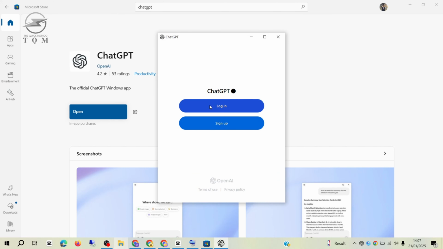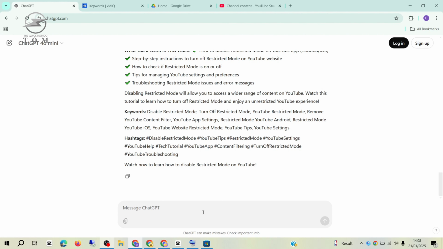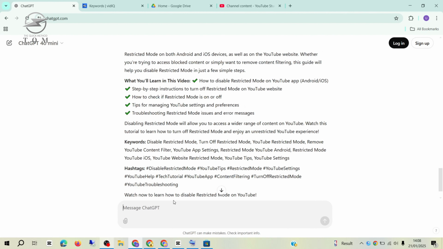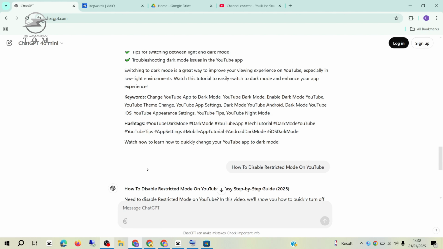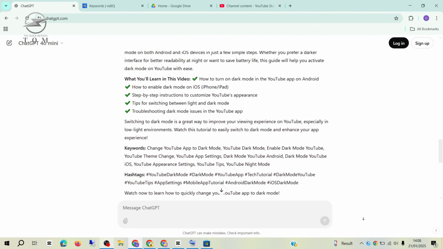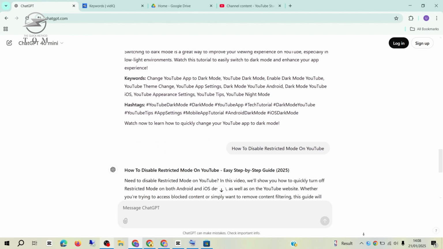After logging in, you'll see a helpful shortcut option, Alt+Space, that you can enable if desired. For now, I'll select Not Now, and you can start using ChatGPT. You can ask questions and explore the tools available at the bottom, and you can also open the sidebar for